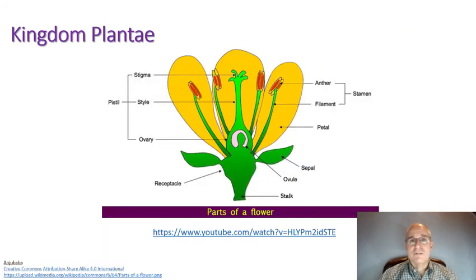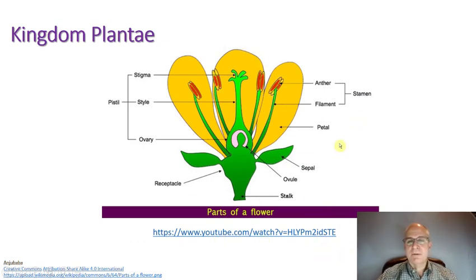It will be important for you to know the different parts of a flower. There is a good video that talks about the different parts. It's another one of the Amoeba Sisters videos, and I will be posting a link to it. I do encourage you to watch that. This is another 7 or 8 minute video, but they're going to do a way better job of explaining it than I'm going to do in the few seconds that I take here.